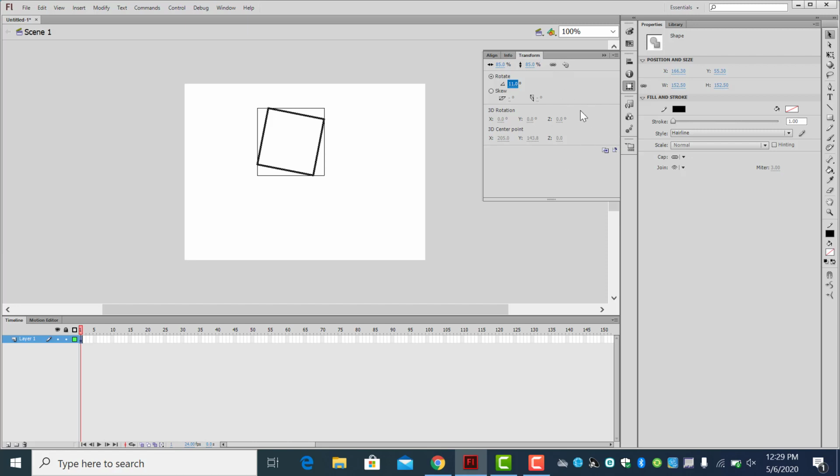Down here on your Transform panel, there's a little blue piece of paper with a white piece of paper. It says Duplicate Selection and Transform. I'm on it right now. If you click that a bunch of times, it starts arranging that square into a spiral shape. Pretty neat, huh? Okay. Now that we have the spiral shape,